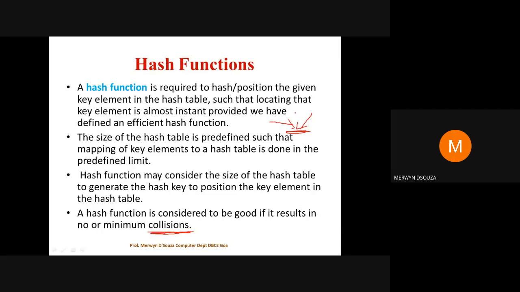That's why in real life accidents happen with respect to vehicles. So something similar happens with respect to data. When you try to insert two or more data values in the same array position, that time it is known as a collision in hashing.